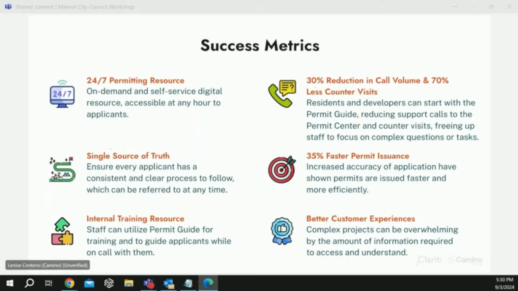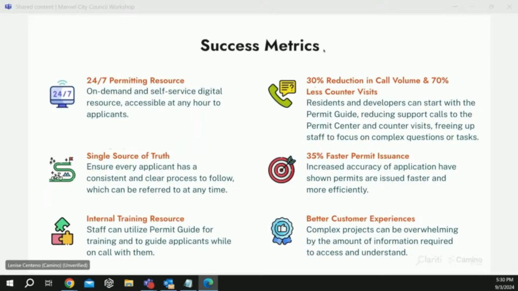So if you hire on, let's say the city continues to grow, you hire on new permit techs, staff can actually utilize this guide as a training resource, so they can go in and learn a little bit more about the city's development process, what those requirements are, or even if they're fielding any phone calls in the development center, they can use this as a talking guide as well.